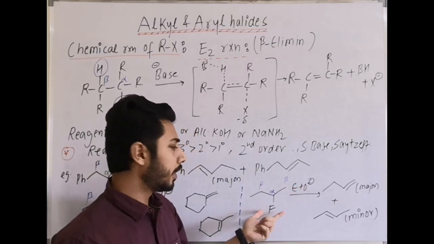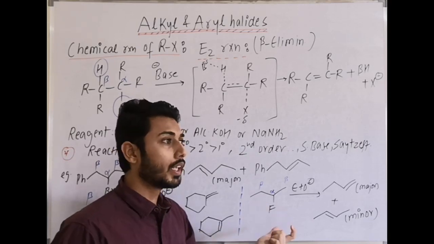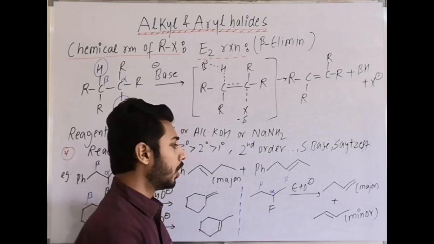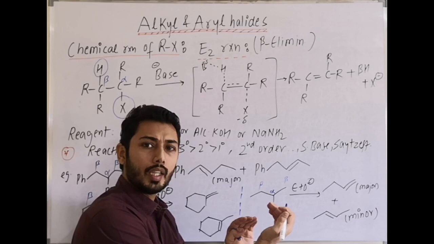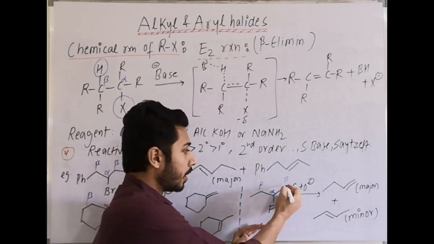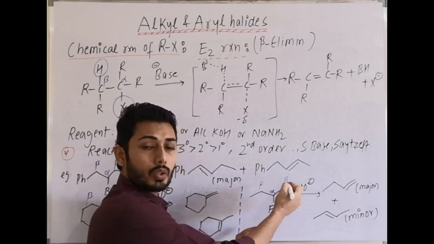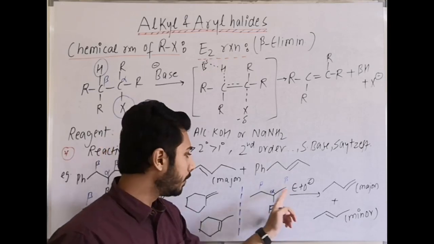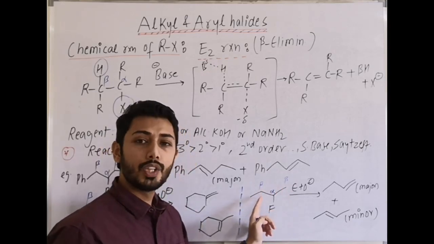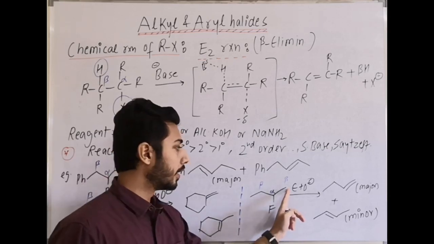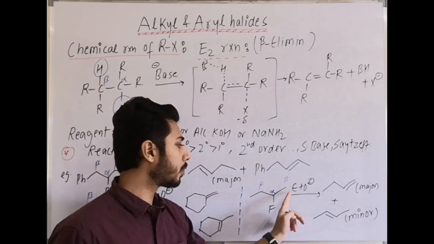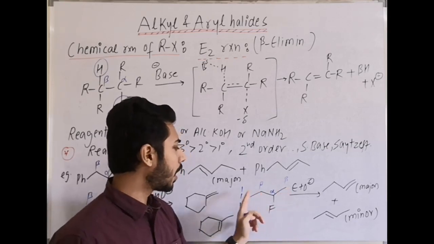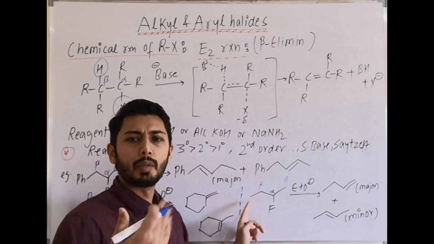Now here, firstly, it is a strong withdrawing group, and second, it is a weak leaving group. So before the leaving group, that is F minus, leaves, from the beta position the more acidic hydrogen is taken by the base. Now between these two beta hydrogens, which is more acidic? This is the more acidic hydrogen. Why? Because with this carbon, one more R group is there, that means a plus I group.